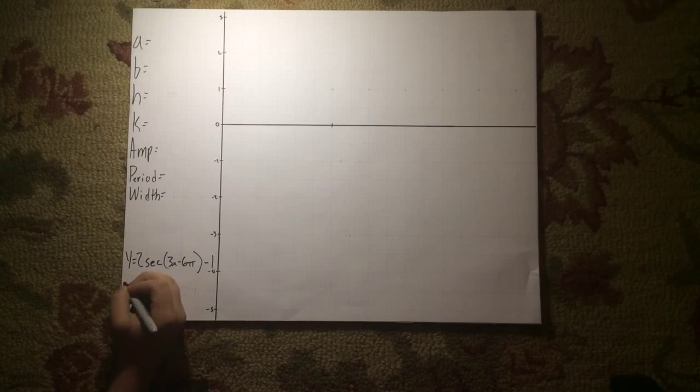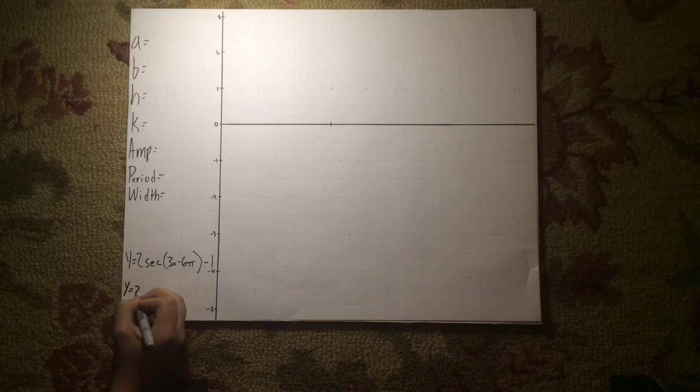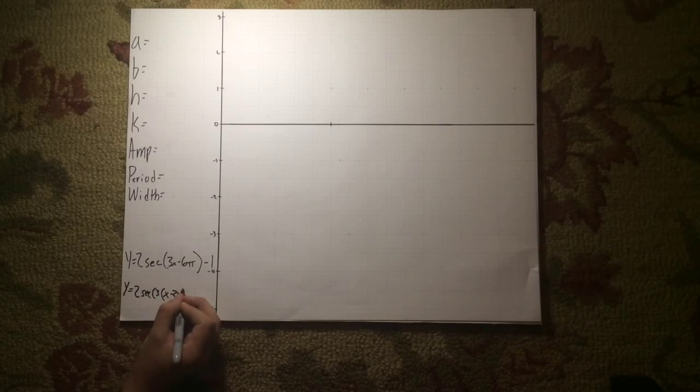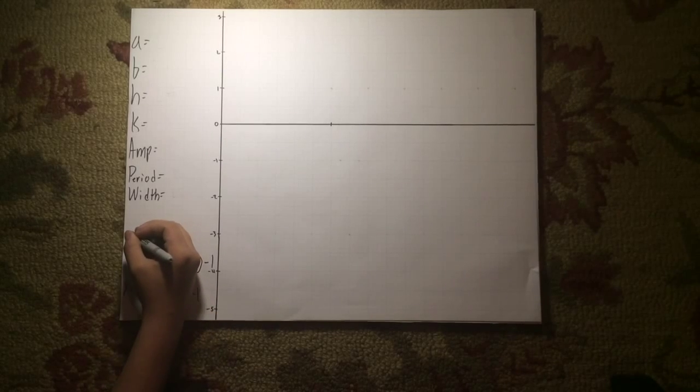So to start finding the secant graph, you have to extract the b value from the 3x from the equation. Then from here you can find the a value,